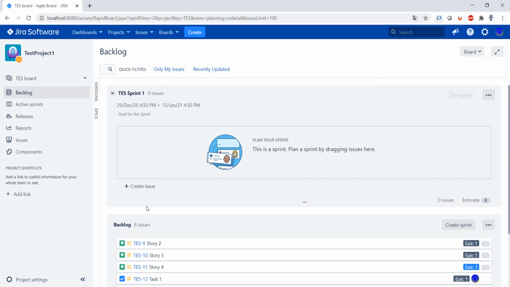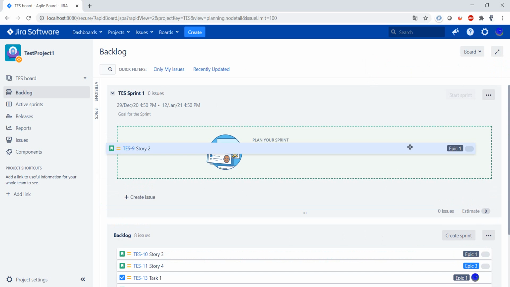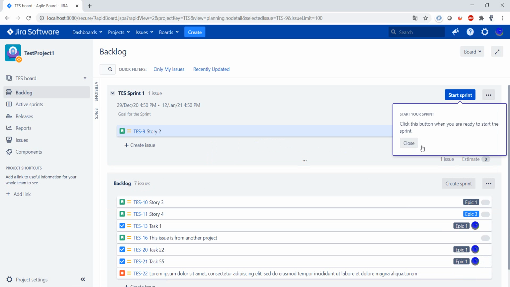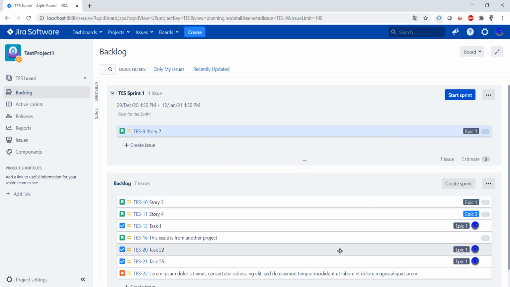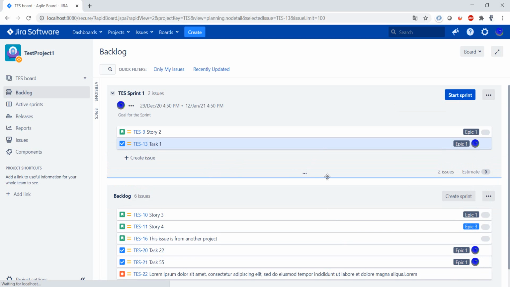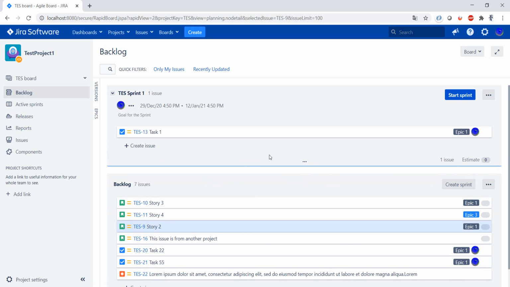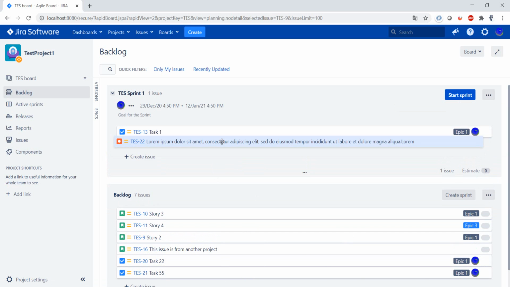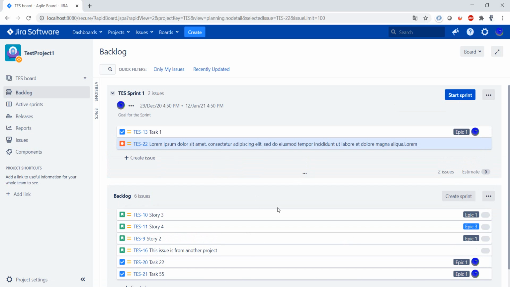And now, as you can see, we have here the sprint, and there are no items in the sprint. There are a couple of ways to add an item into the sprint. The easiest way, as it says here, is we can just drag items from the backlog into the sprint. So we can add one or more items. Also, we can take items from the sprint and put them back into the backlog. And let me also add a bug there